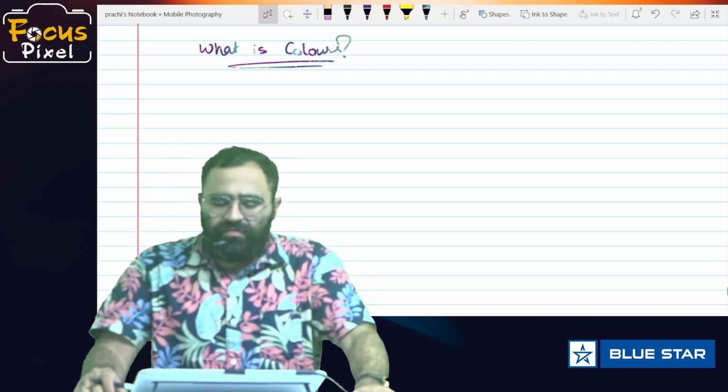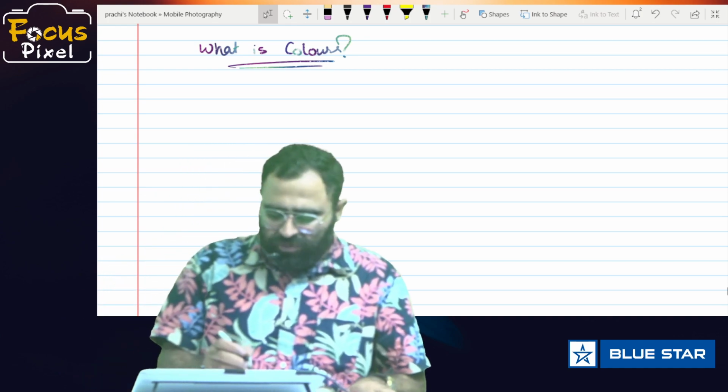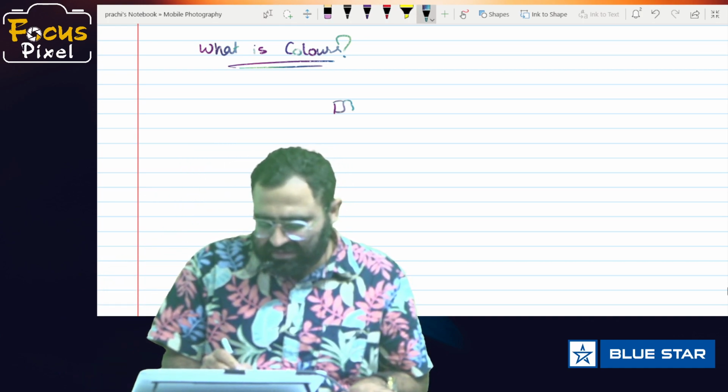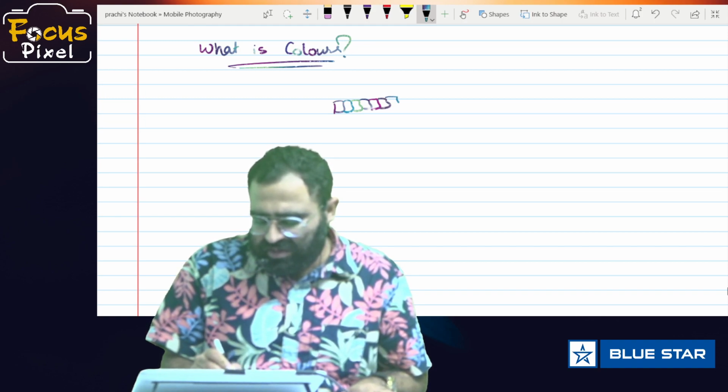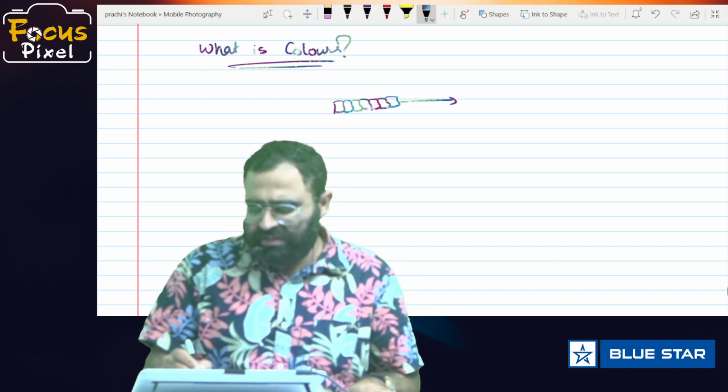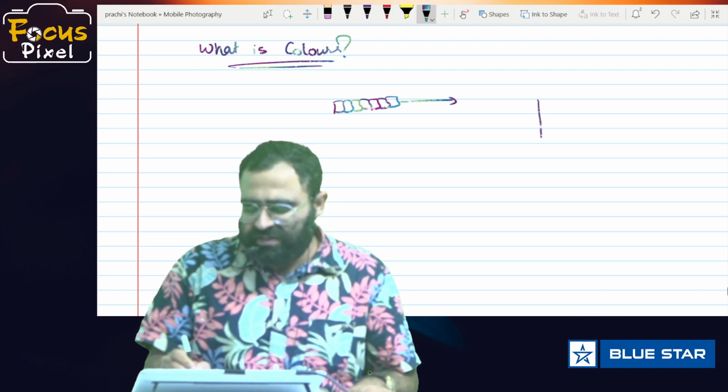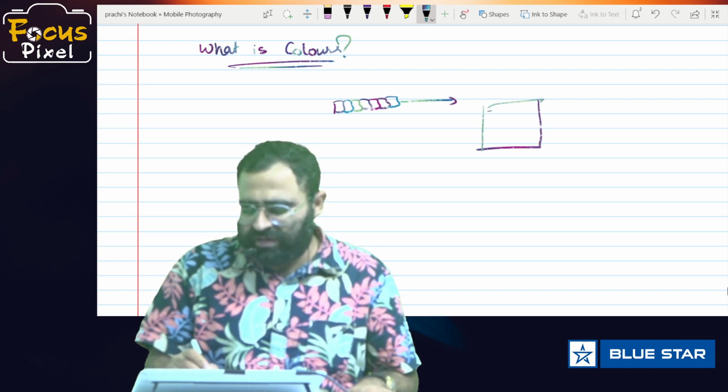As we said, a photograph is made up of pixels. Each of these pixels, pixel is the squares in horizontal and vertical. It fills up your entire image into small indivisible parts.